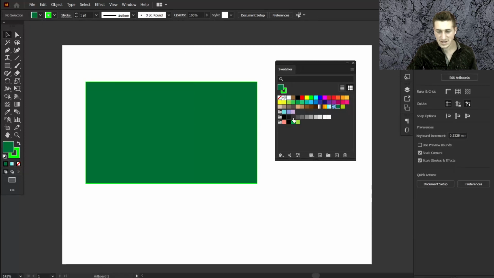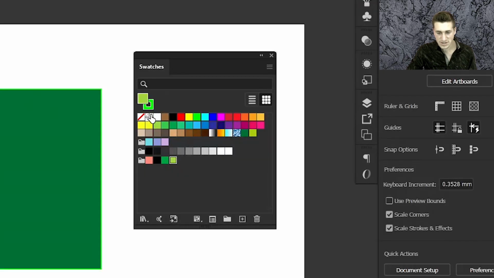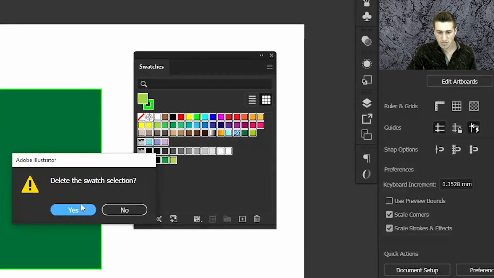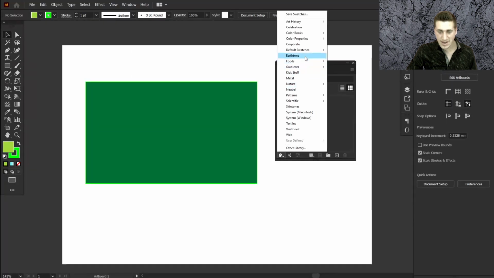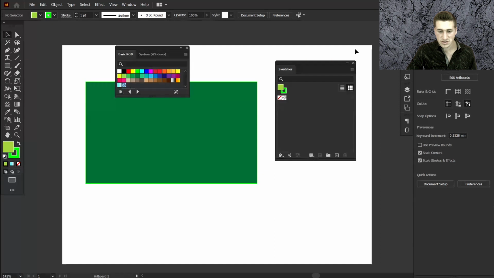And also, like we said, if you don't have any colors, so just delete them all, so there are no colors in your swatch panel. To get the default colors back, you can go to this library icon and choose default swatches, then depending on what you're working on, RGB or print. Say we're working now on RGB,